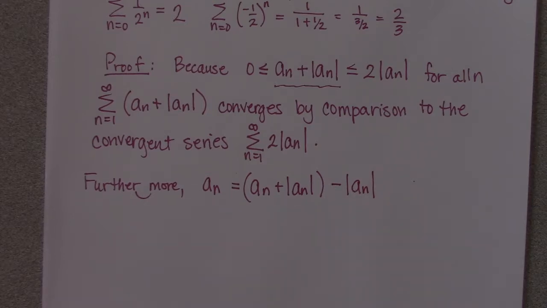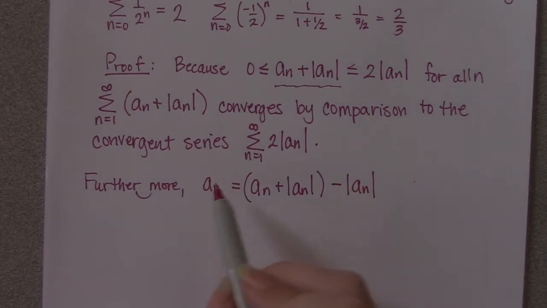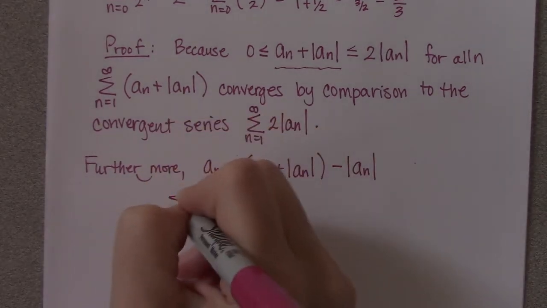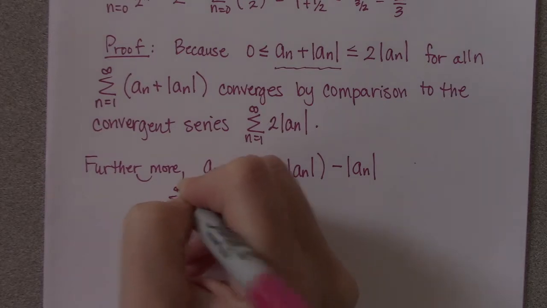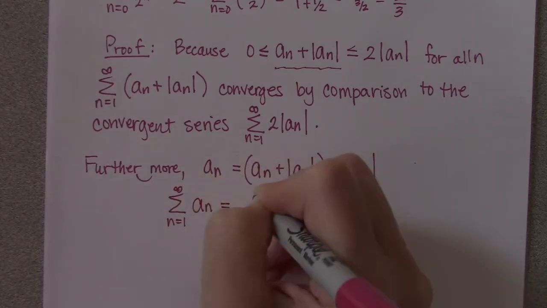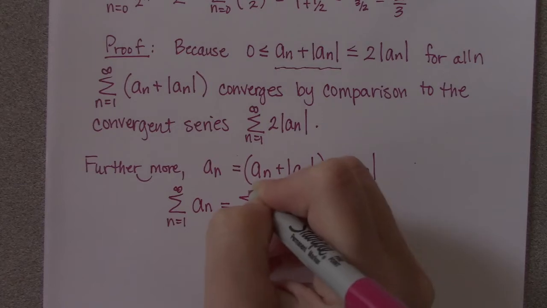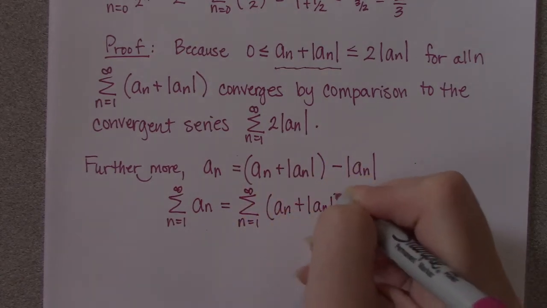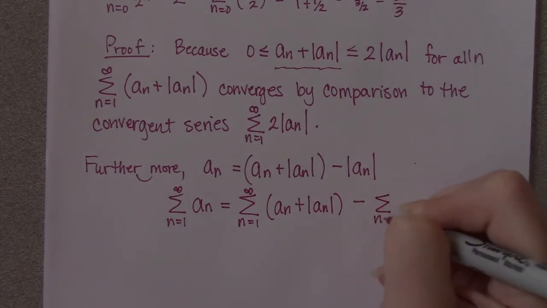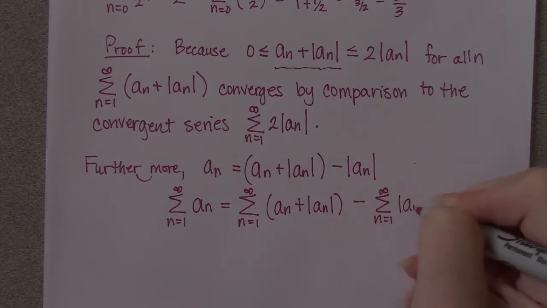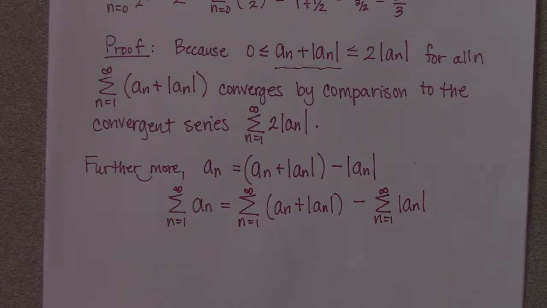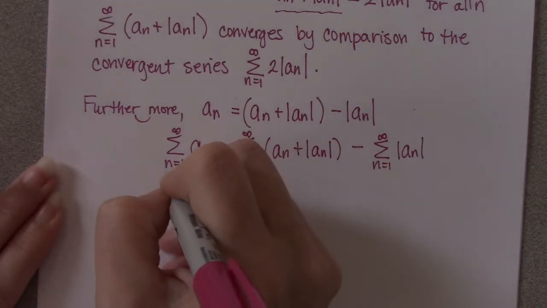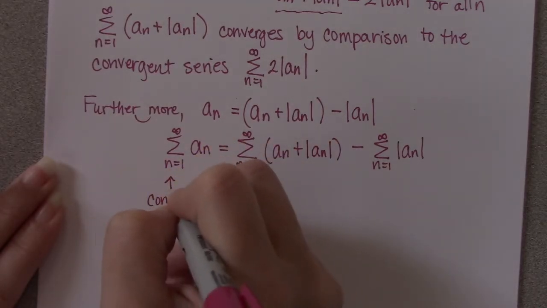Well, if I now sum both sides of this equation, what you get is the original series you were trying to prove absolute convergence on has to equal the sum of these terms minus the sum of these terms. And so we can say that the original series converges